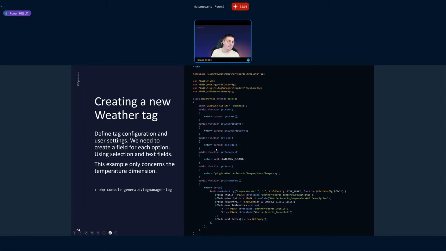In the tag, you just have to set the name, the description, and the help hints, which are just strings, obviously. The category, so here the category is a company name. Then just provide an icon, which is a cloud and the sun, just a tiny icon, and then the parameters you want to provide to the user. So here, I just set one parameter, temperature unit, which by default has the value C, but it will be a select in the UI, and you can choose between Celsius and Fahrenheit. Here is the value that will be stored in the database, and here is the translation string that will be translated into your own languages.